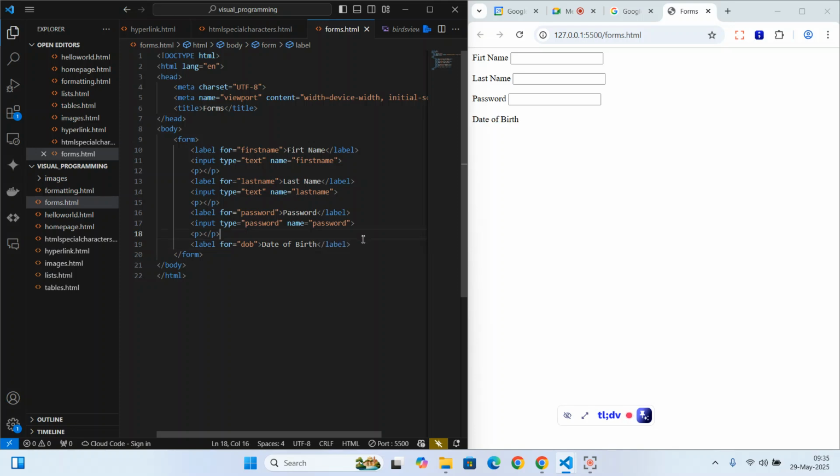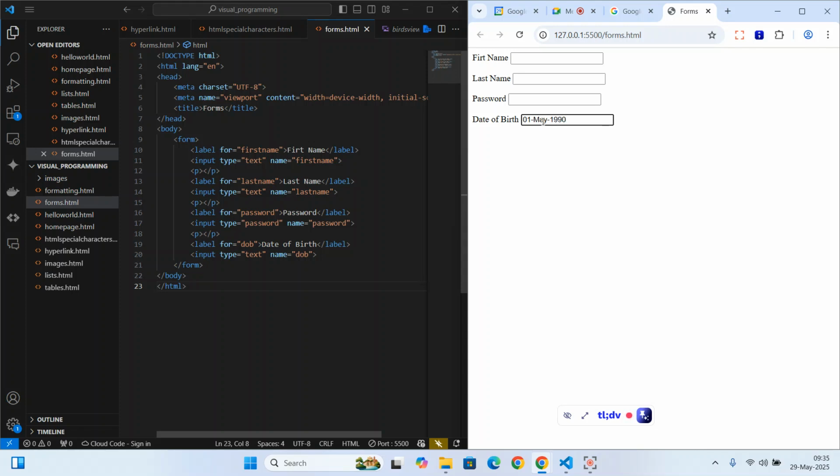So if I wanted to put date of birth, as you can see, I can put not a paragraph, but an input. Then here I'll simply say name is equals to DOB. Now, DOB should be inside the quotes like that. So if I come here, now you can see, well, it knows it's a date of birth field, but I have to type the date. Maybe say something like 1st of May